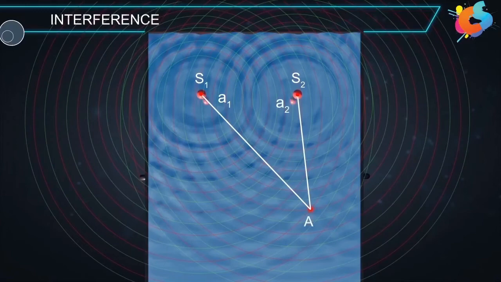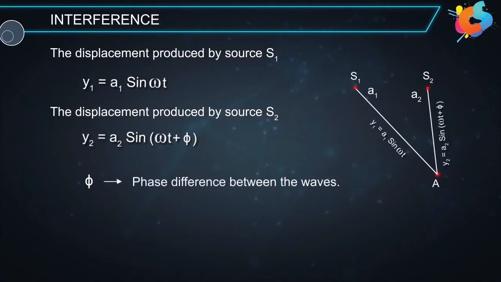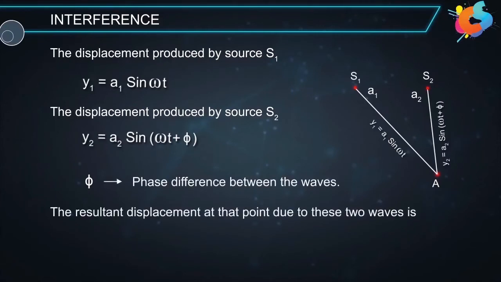Consider an arbitrary point A. If the displacement produced by the source S1 at this point A is Y1 = A1 sin omega t, and the displacement produced by the source S2 at this point is Y2 = A2 sin(omega t minus phi). The displacements produced by S1 and S2 differ in phase by phi, and